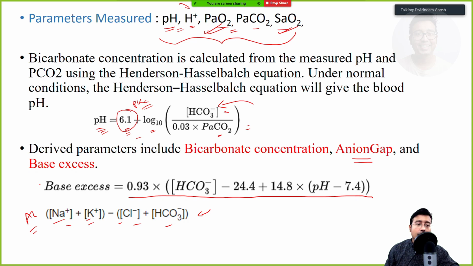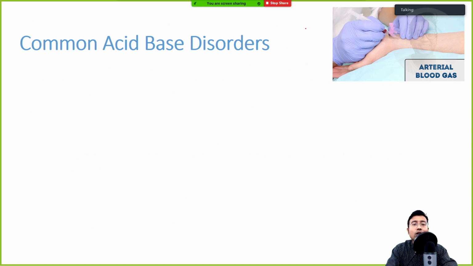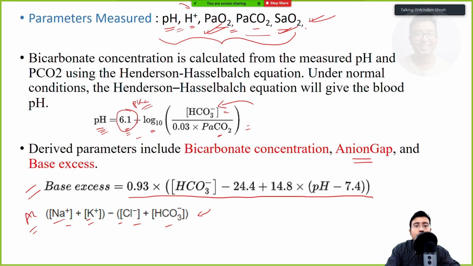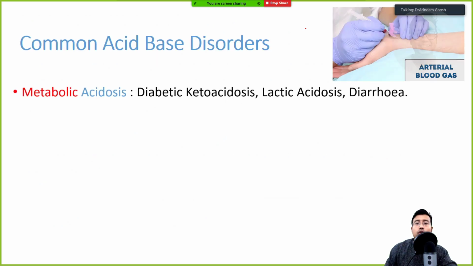So basically what we need to know is that we get many parameters, much information, from ABG. These are direct information, and using these one after another we can derive others. So what are the common acid base disorders? Let us recap. This is done: what you need to do in ABG, what you don't need to do in ABG, how you do ABG, and why we do ABG. Now let us recap all the diseases. All four we will revise.